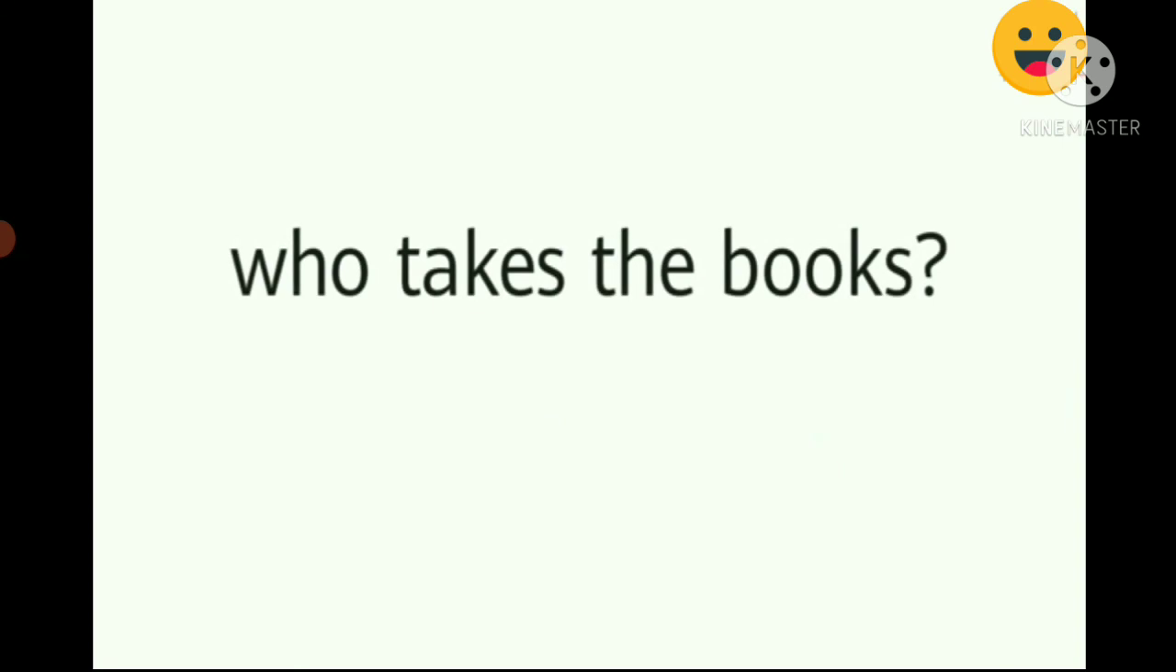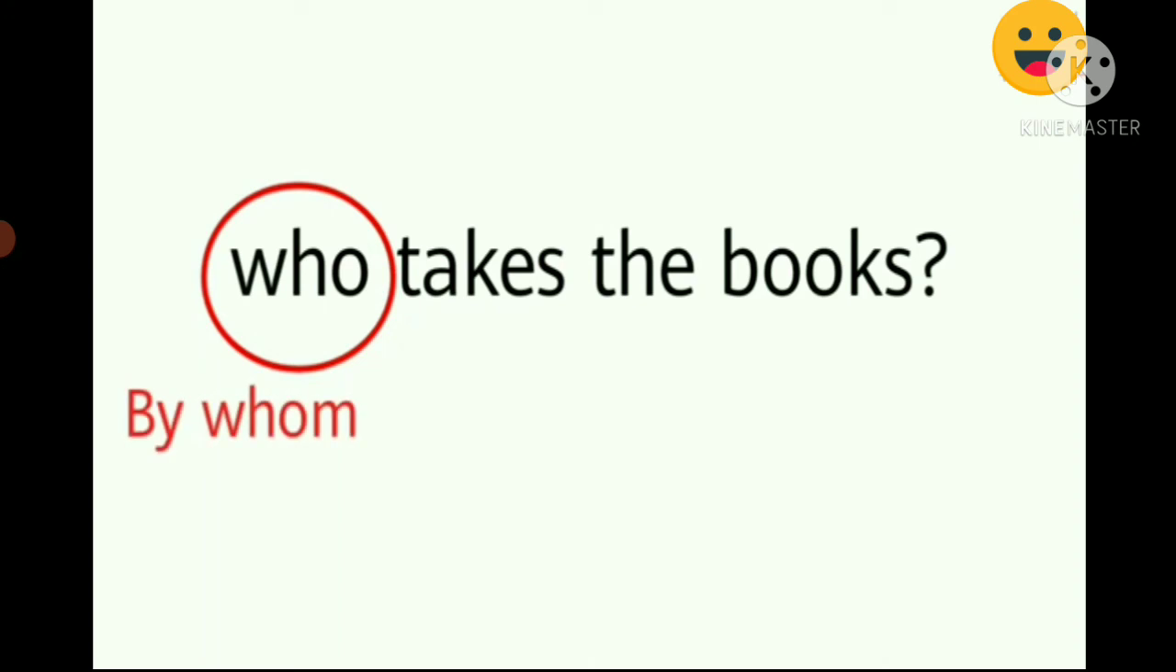Next sentence. Who takes the books? Now over here see the word who. Who takes the book? So now how we are going to change this interrogative active into interrogative passive. Now whenever the word who comes, so always remember that we will going to start our passive voice with the word by whom. Who will change into by whom,